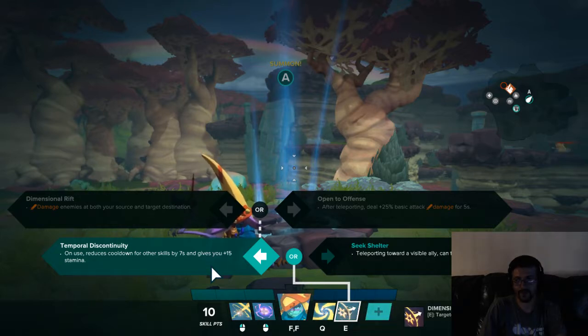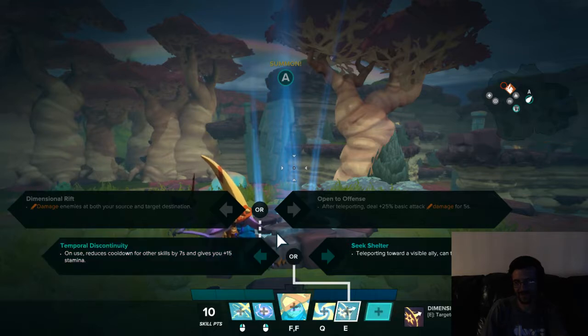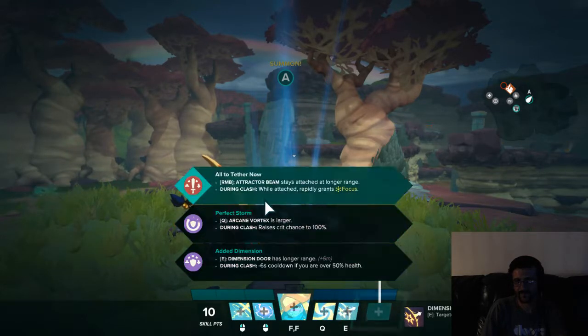After teleporting, deal 25% more basic attack damage for 5 seconds. Or damage enemies at both your source and target destination. That's not too bad. It's just depending on how much damage that does. So I think that we would probably go with open to offense. And then for these, we would probably do...